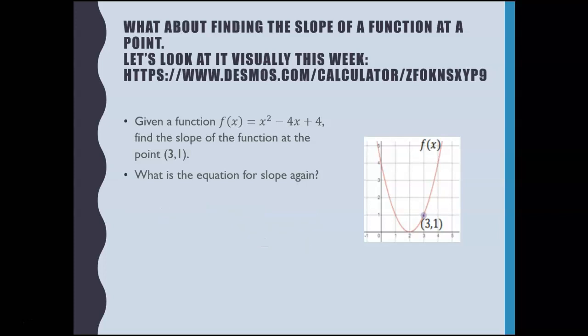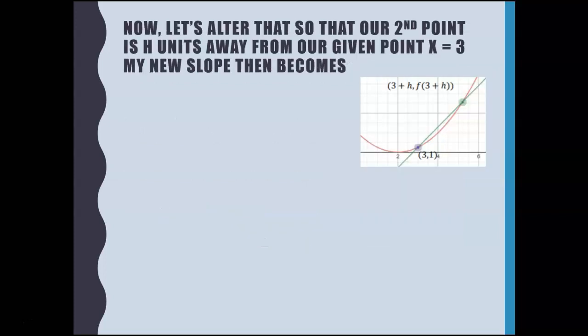And then in that Desmos activity, as we worked through it, we altered our point so that it was h units away from our given point. So our given point was 3, 1. Our point on the graph that we were moving that green line was like 3 plus h and f of 3 plus h. So if this is like my x2, y2, this is my x1, y1,